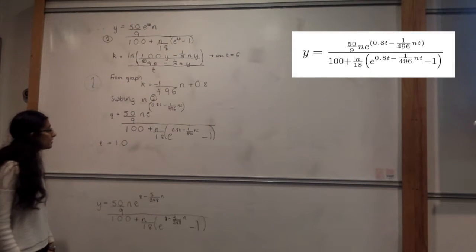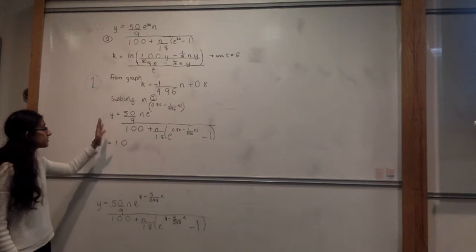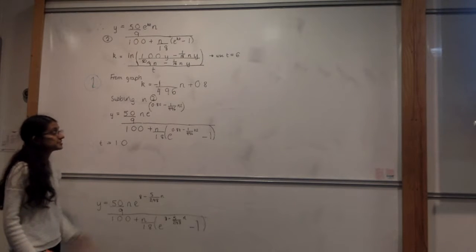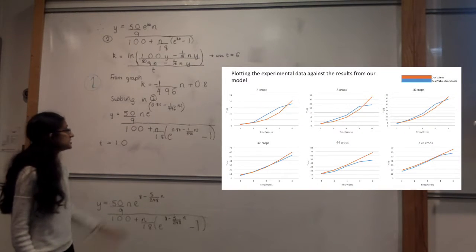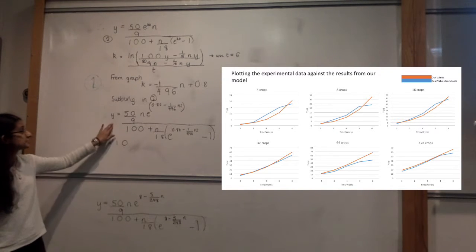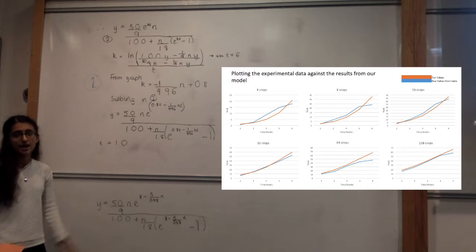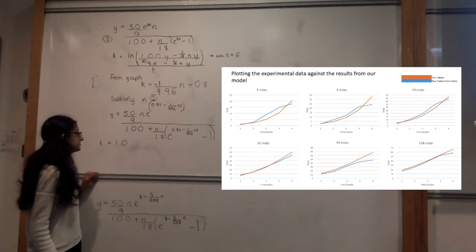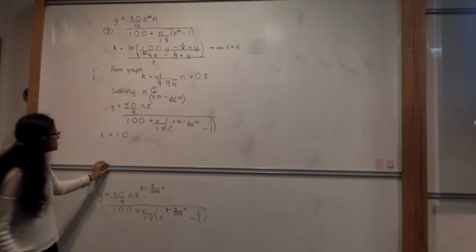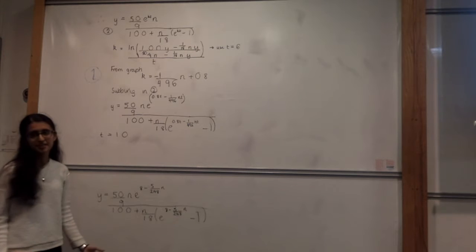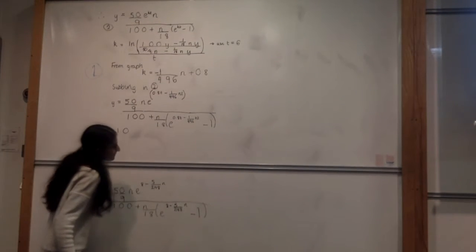So now we want to try and get an equation in y and n. Before we can do this, however, we should validate the model, and we can do this by using the data we've been given to substitute in different values of n and t, and finding the yield and comparing it using graphs and overlaying our model data compared to the experimental data we were given. Then substituting in t equals 10, because we will only really want to let the plants grow for 10 weeks, we find that